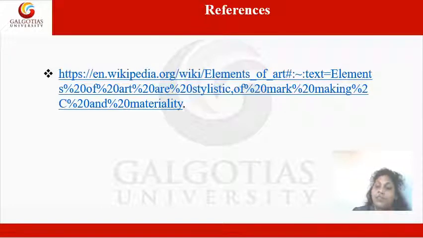Okay, if you wish to study more, you can go to this website as well. You will come to know about the different elements, same as we have discussed, and you can create more combinations. And I hope if you try to draw anything, if you try to paint anything, there will be no shortage of color. If there is any shortage of color, you can create it on your own without help of